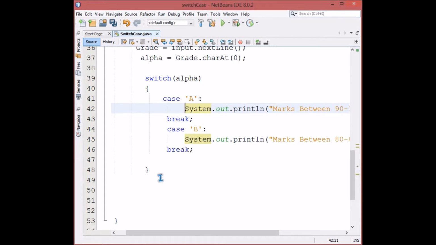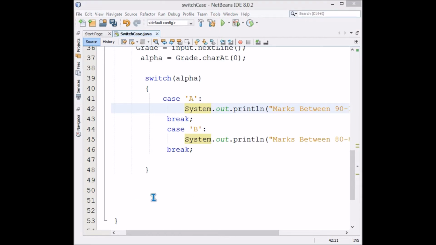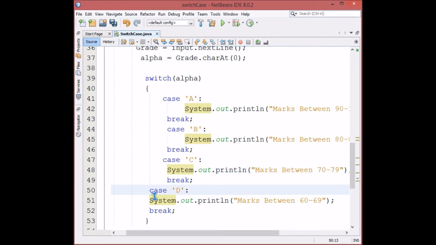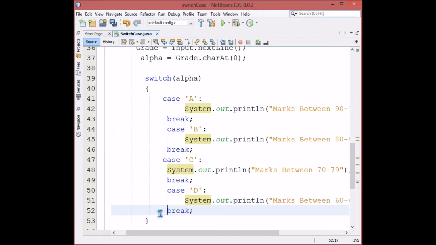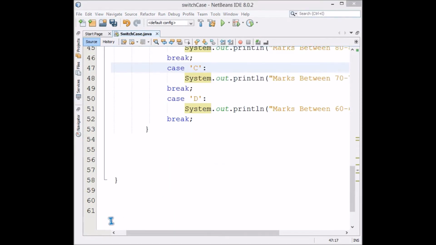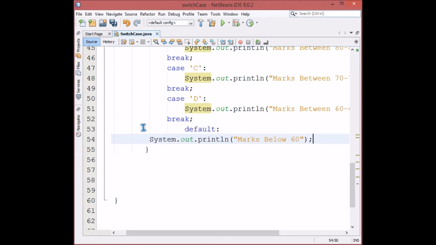Case B, then case C, case D I'll give, then break. And I'll give a default also. Default will be marks below 60. I hope we are done with the cases.